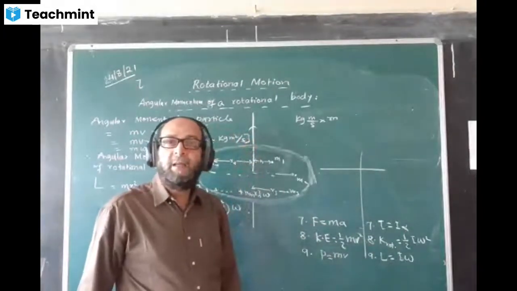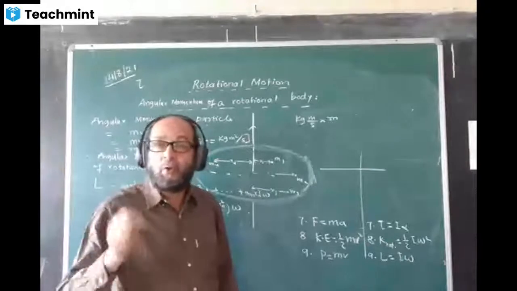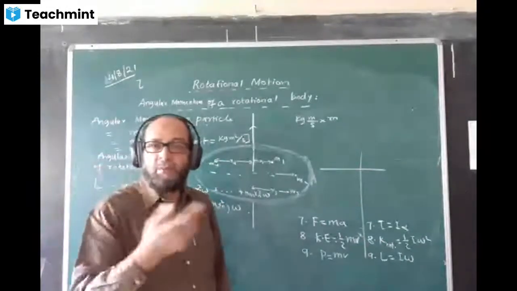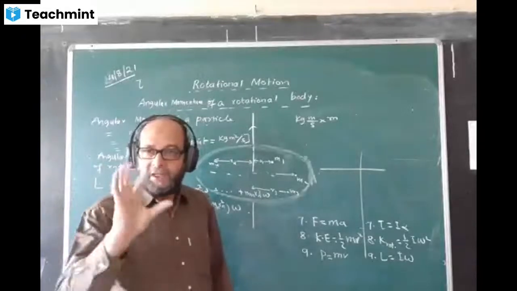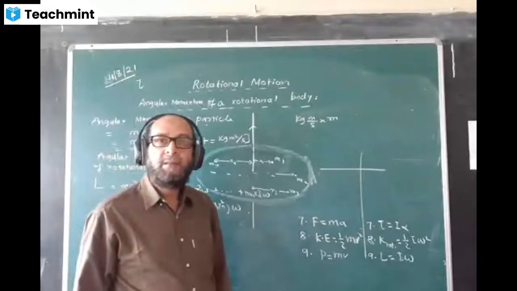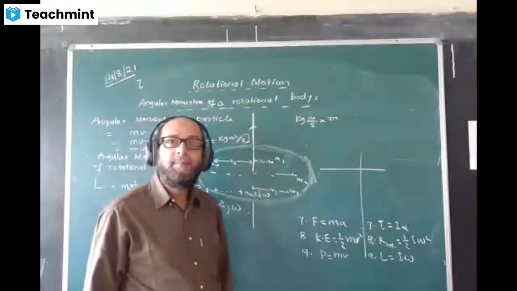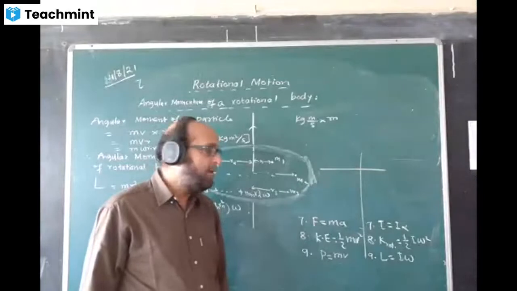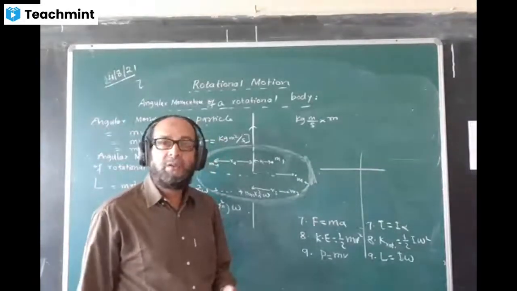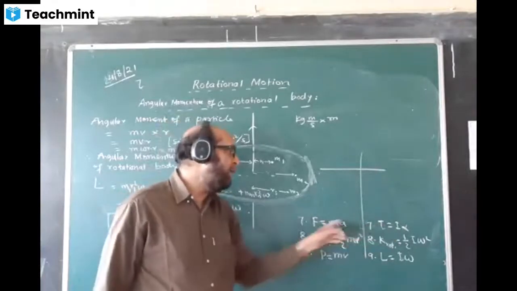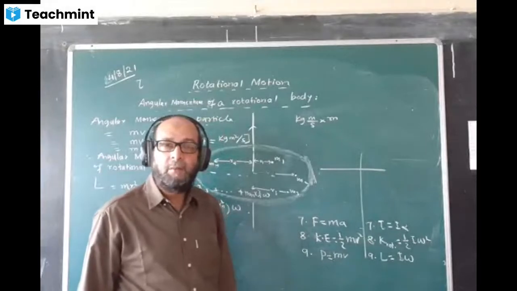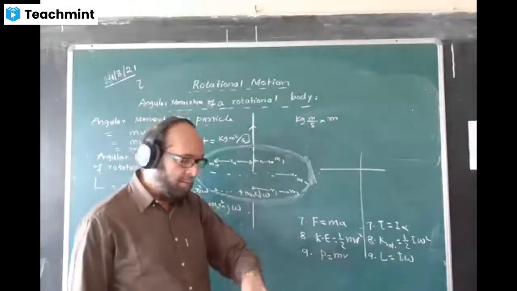This is the reason why moment of inertia is so called. Moment means the turning effect. Moment of force means turning effect, rotation. And inertia means mass. That means every time you will find I is analogous to, or a replacement of, mass. That's why the name is given moment of inertia. You have done till here, right?